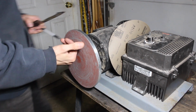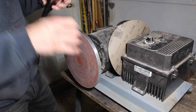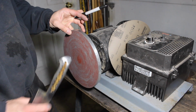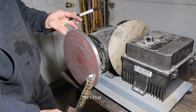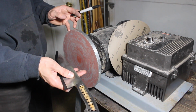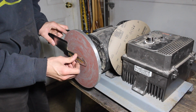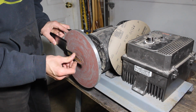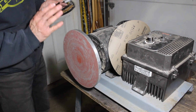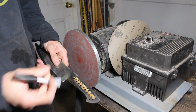Alright, so I feel like this is pretty straightforward. This is a disc sander. This disc is specifically from Beaumont Metalworks. It's not a radius disc, which means they sell one that has like, I think, a 1% radius, so that when you cross the center, you're kind of off a tiny bit. This one is flat all the way across, so I know this is going to give me a nice flat